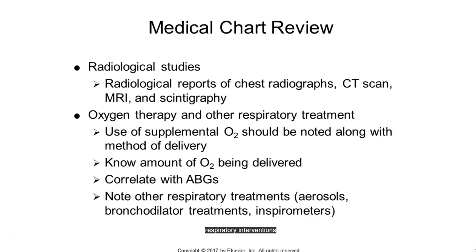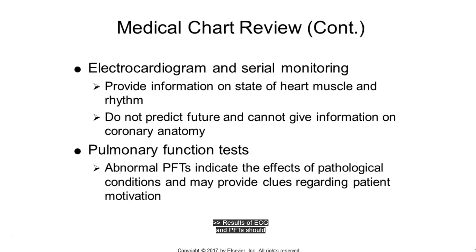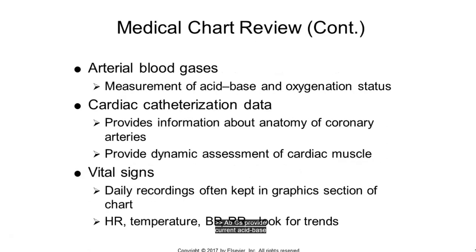and respiratory interventions including use of oxygen, how much and how delivered, and correlating ABGs, CPAP use, respiratory treatments, and any other respiratory devices. Results of ECG and PFTs should also be noted as they can determine level of functioning. PFT results are primarily used to identify a baseline of pulmonary dysfunction and to follow the progression of respiratory dysfunction. ABGs provide current acid base and oxygenation status, and cardiac catheterization data may provide assessments of cardiac muscle and anatomy,